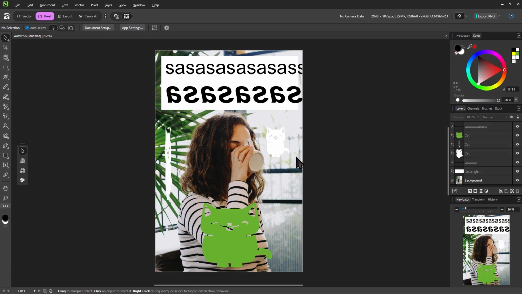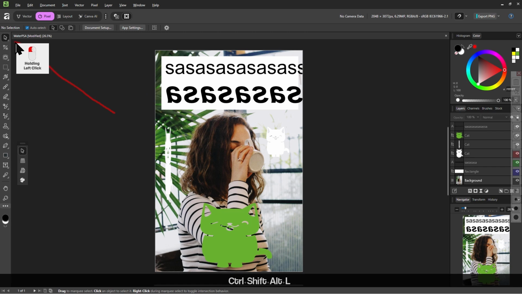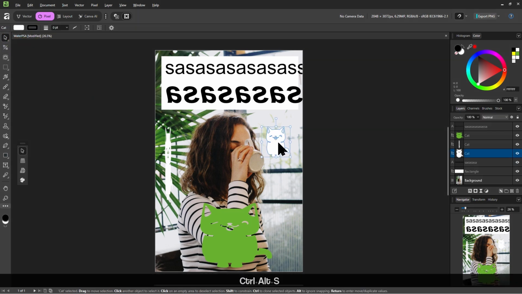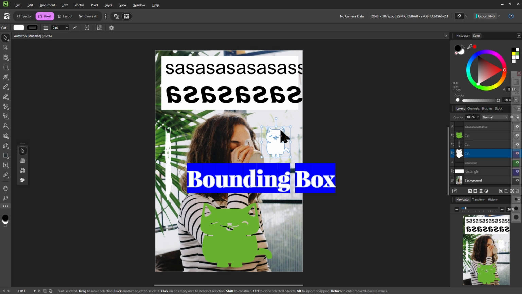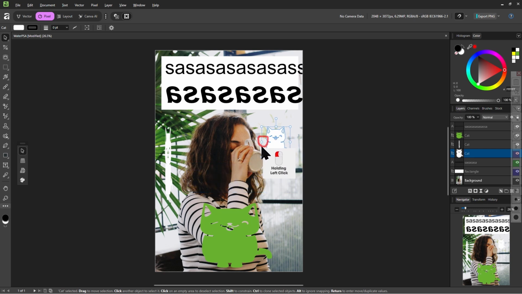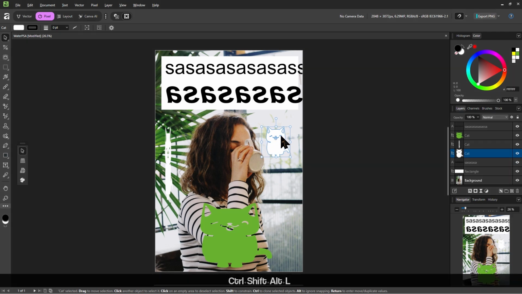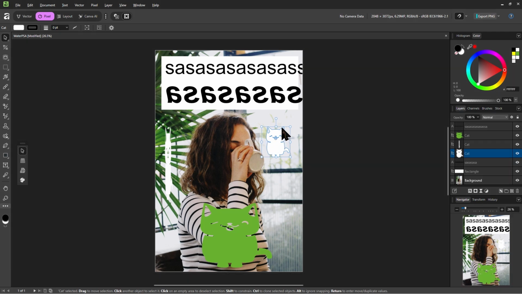How do you select something? Well, just like in the last video, you go into the move tool and then you click on it. You will know it is selected when you see a blue line wrapping around the thing along with these circles, these white circles outlined with blue, the blue line being called the bounding box. And once you have it selected, you can do almost anything to it.